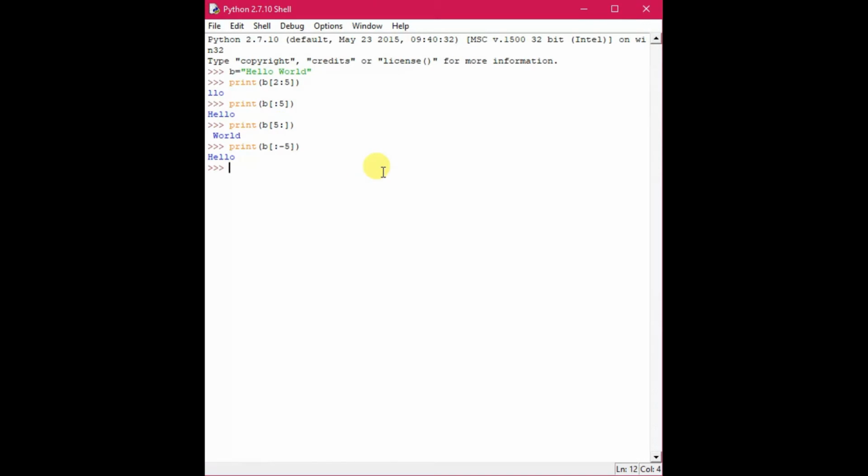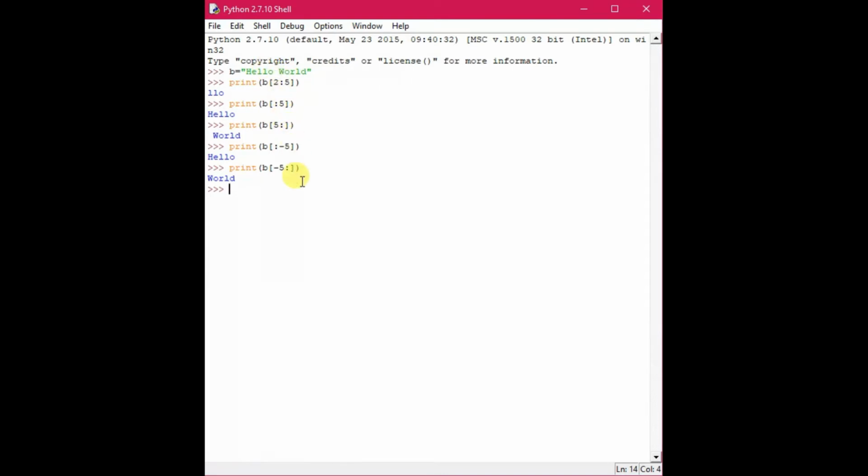Now suppose I am giving print b[-5:]. Next, let's see what is coming. It is coming as "world". So more or less the positive and negative indexing are giving the same thing. [:-5] means up to here it has been printed, and [:5] is the same, one coming from the back and another from the front.